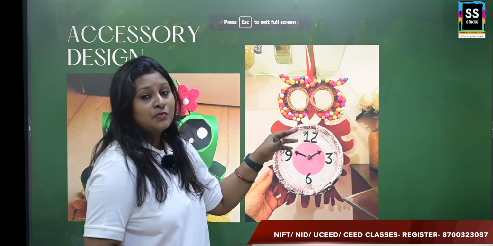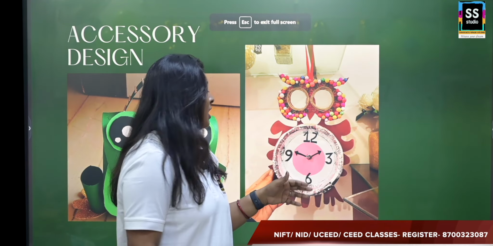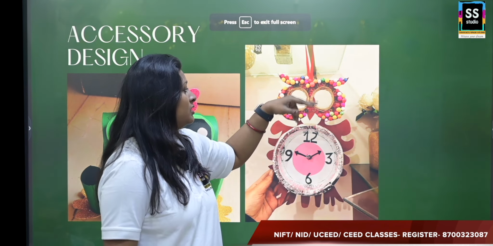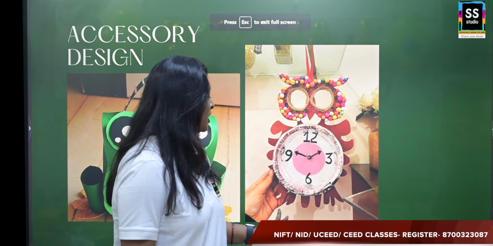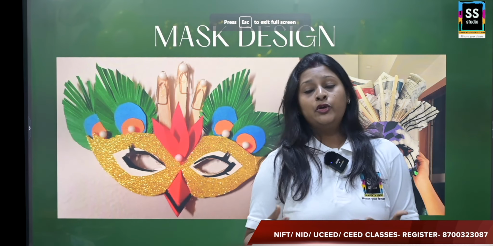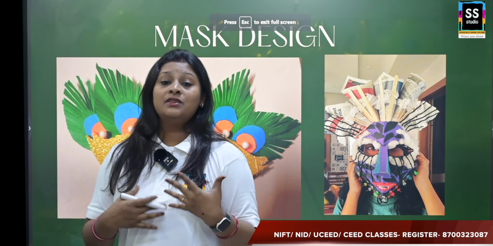And the arrows made here, you can also make them with an ice cream stick or a toothpick or maybe a bamboo stick, whichever is provided to you. This is how bamboo, jute, and thermocol have been used. Through these models, guys, I just want to show you some examples of how you can use the materials in various ways.